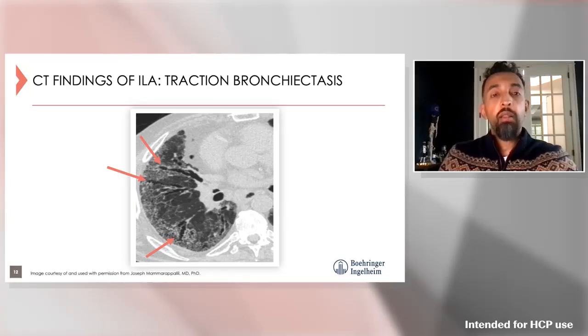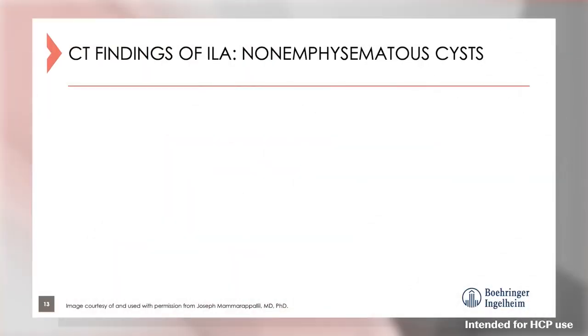In your patients with interstitial lung abnormalities, you may see the most subtle findings of traction bronchiectasis or bronchiectasis and wonder what you're actually looking at. Well, this is a great time to deploy the term interstitial lung abnormality. If you see a bronchus that's larger than the local vessel, you can ponder, is this traction bronchiectasis or bronchiectasis, and use in your report that the findings could represent interstitial lung abnormality because you are seeing basilar traction bronchiectasis or bronchiectasis.